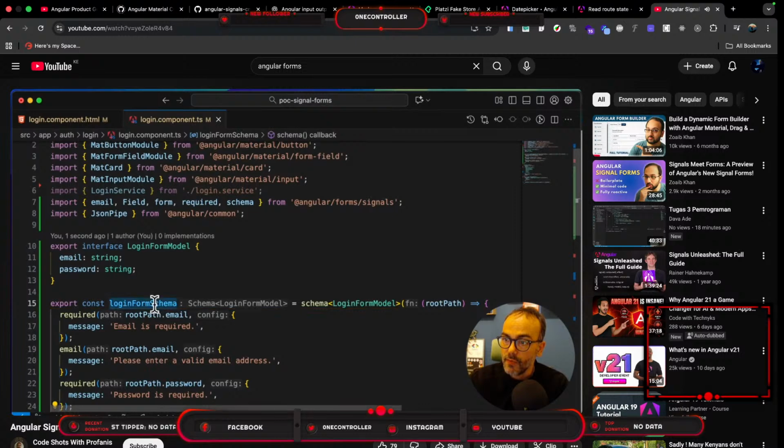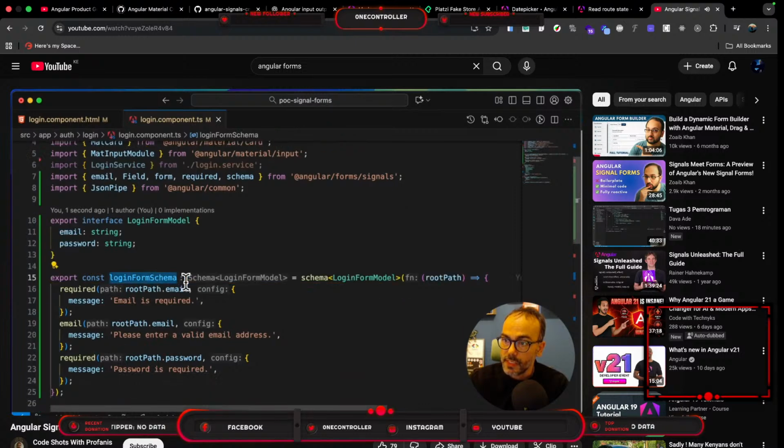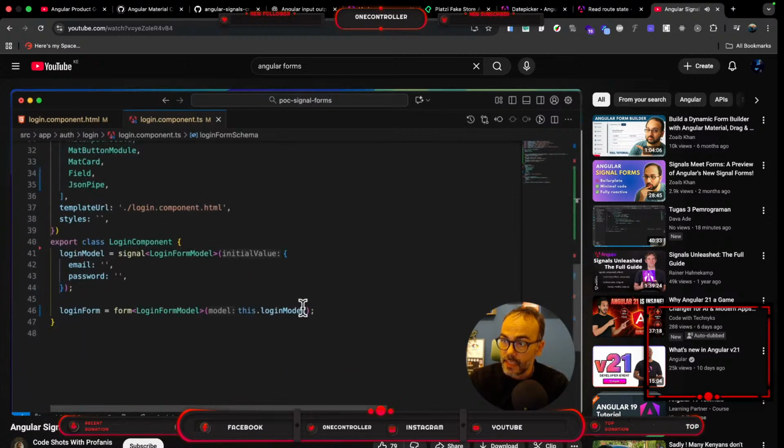So this is what I have, my login form schema. And now let's grab that and use that as a second argument. So it seems now that the login form is already much cleaner,